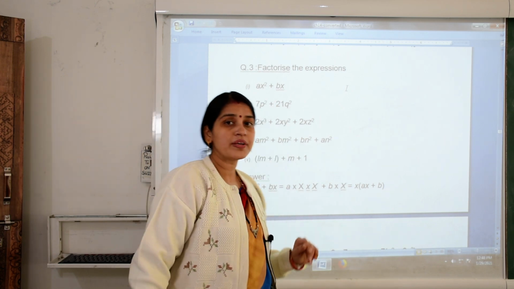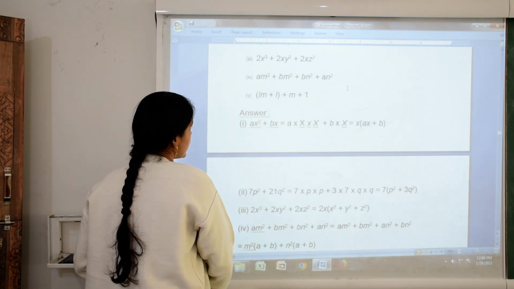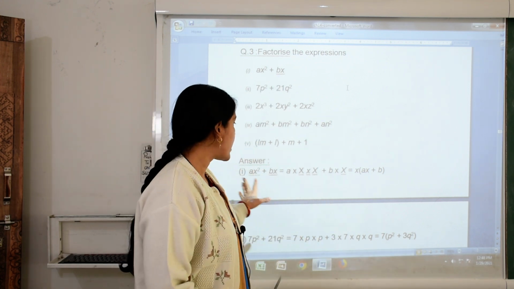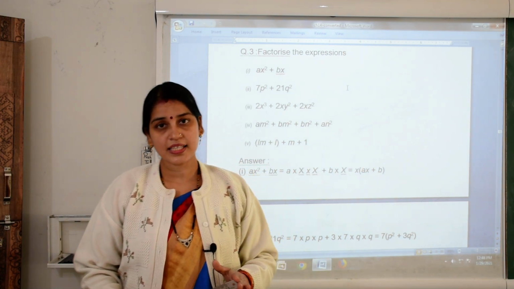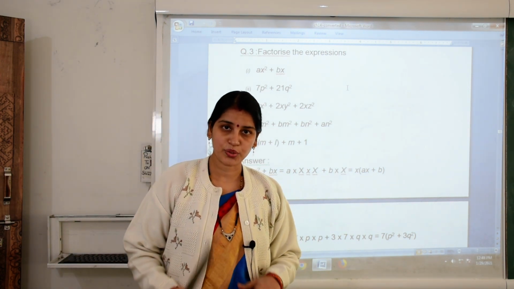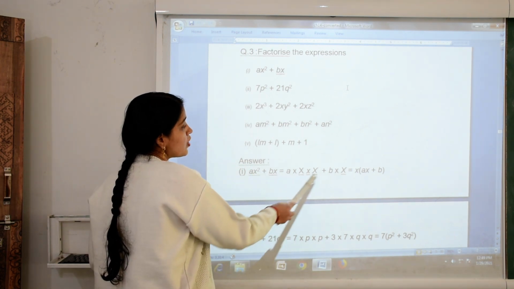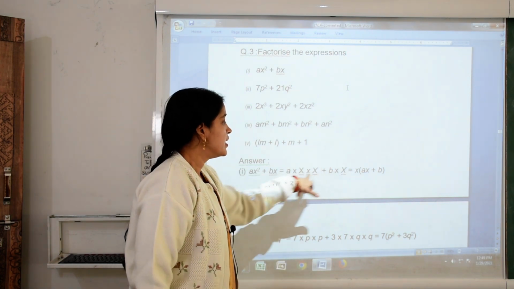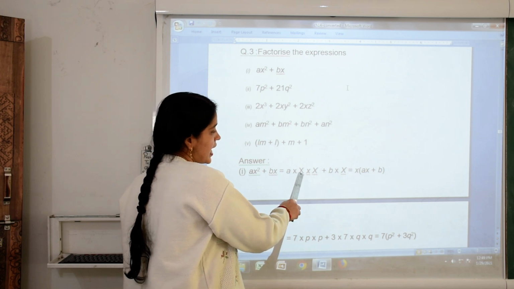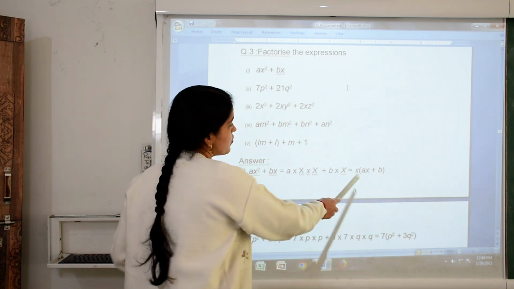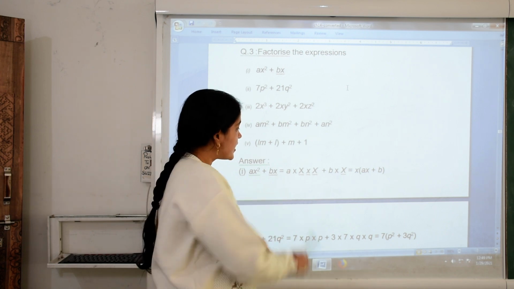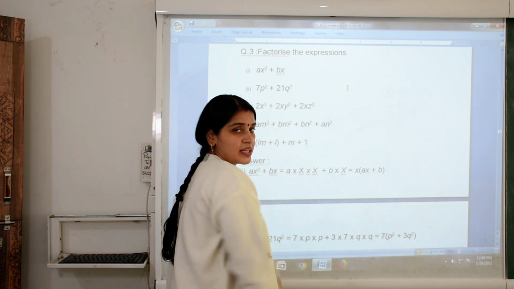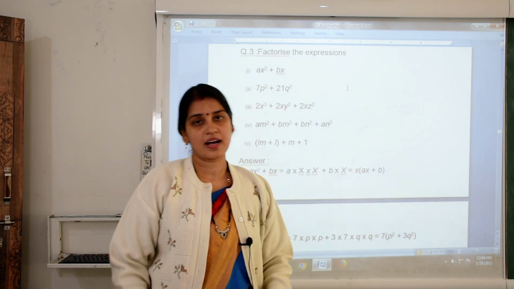So the first one we have is ax square plus bx. Here we know we can take x common. First we have to find the factors of ax square, which is a into x into x. Then what are the factors of bx? It is b into x. Now in these two, what is common? x is here also and x is here also. So we take x common and what is left, ax, comes inside the bracket, plus b. Okay, so this is our remaining answer.